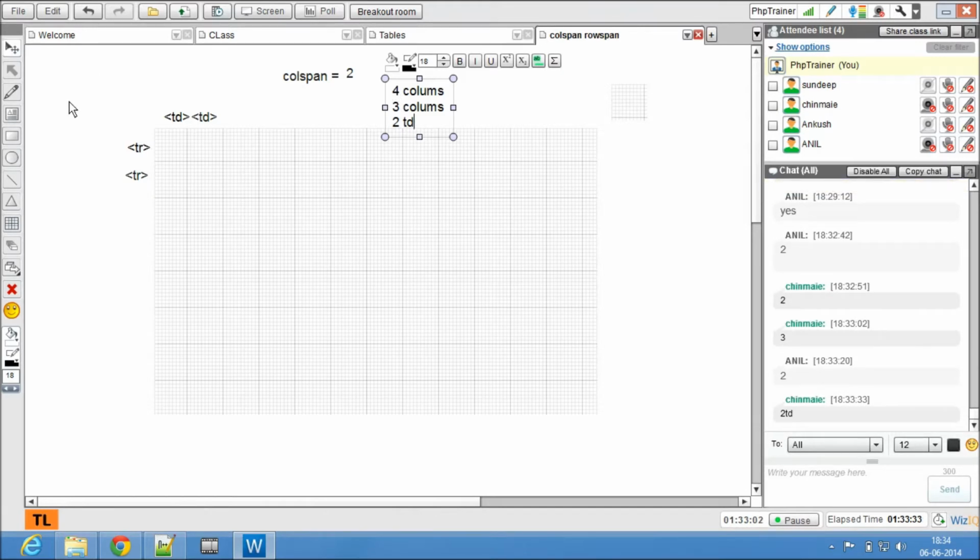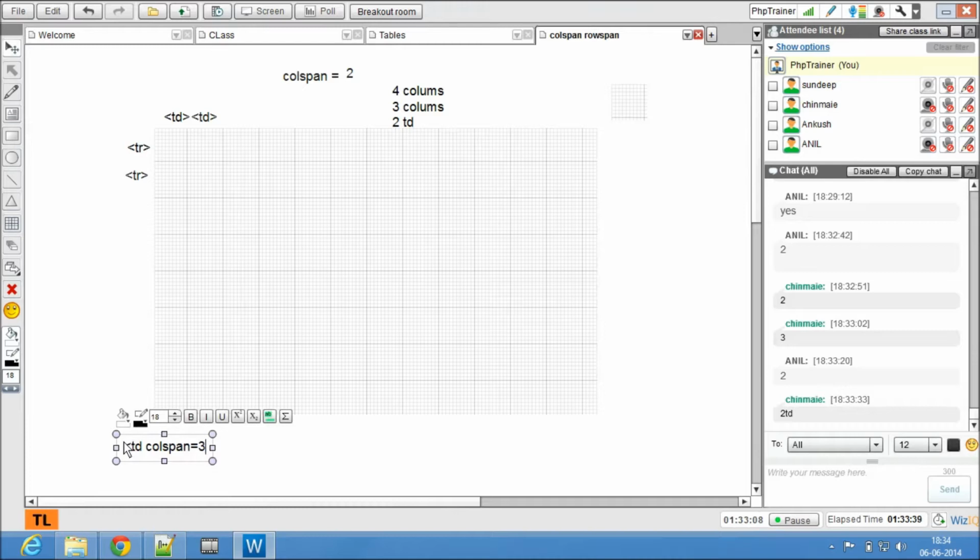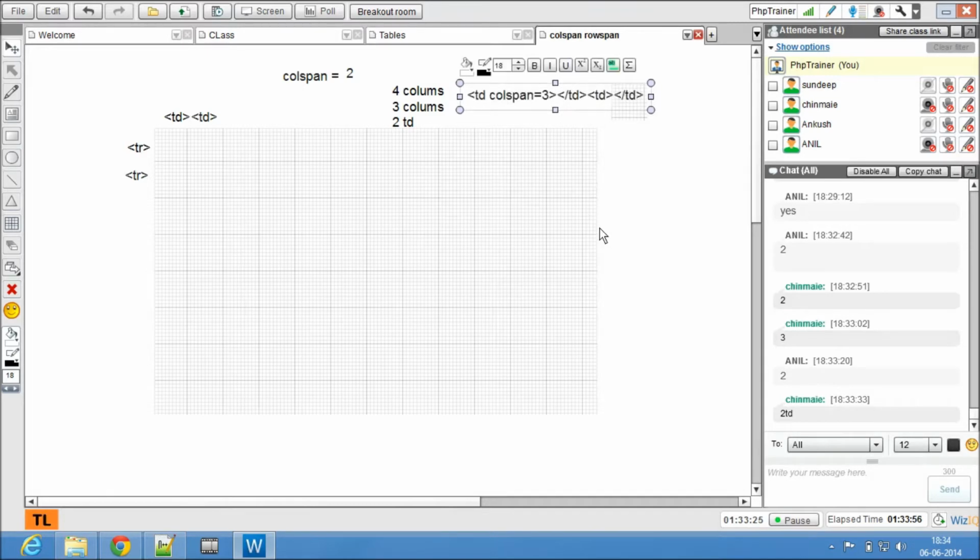Great. So how do I write it? The syntax is TD colspan, I want to merge 3. I have to use the columns there, and there is one more TD, right? There used to be 4, I merged 3, so there is one more TD which has no colspan at all. This is the syntax for this kind of structure.